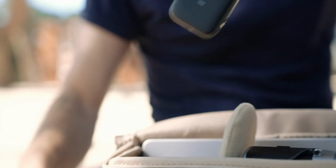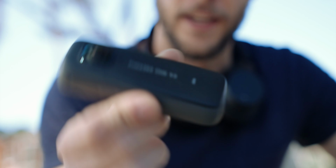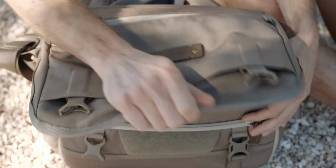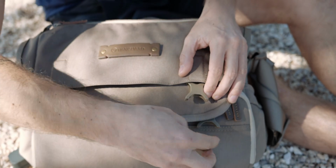And then we have the famous Insta360 1x2. Insta360, you have a 1x3 if you're willing to, you know, I will be accepting with open arms, open hands, you see? All right, one of the beautiful things about this bag here is once these are clipped